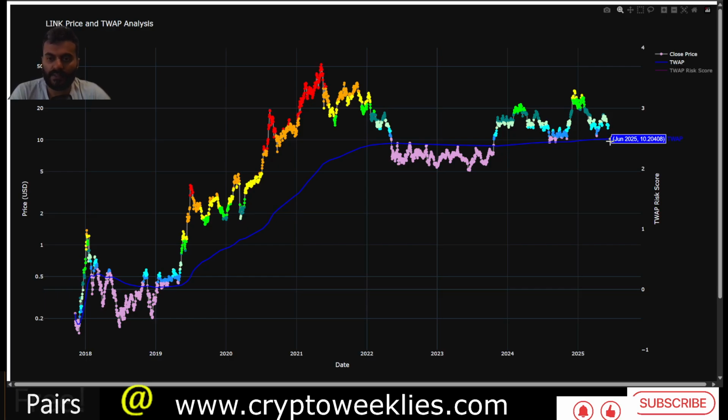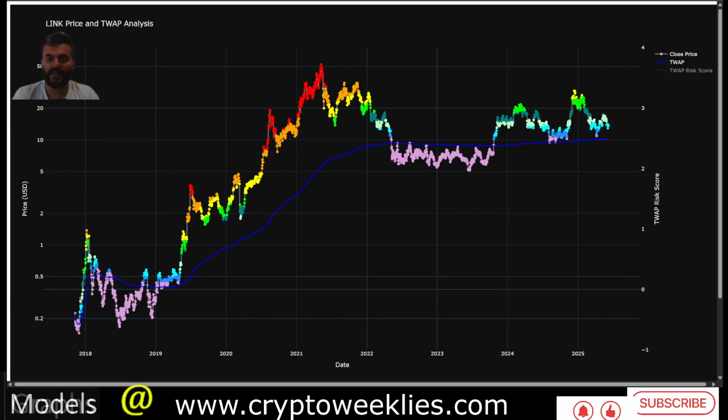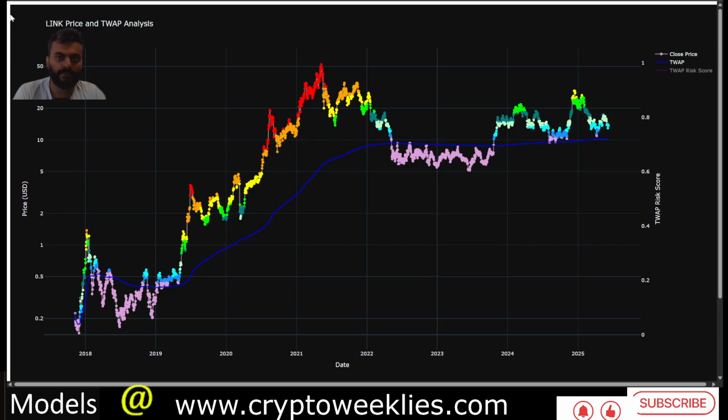Right now the price is close to the time weighted average price. The time weighted average price comes at around $10.20. The price is at around $12.90, right now slightly higher at around $13. But if the prices were to come close to that $10.30 to 40 cents target, that could meet the time weighted average price and signal a secondary or tertiary accumulation phase for LINK if there were any cool off in the market. Per this model, the risk is not too high at this point in time, coming in at around 20-25%. Ideally speaking, anything below 10% risk per this model is good enough per my interpretation of the model.